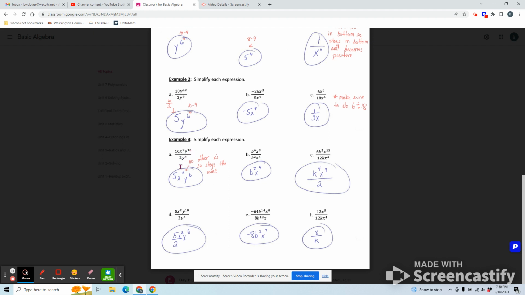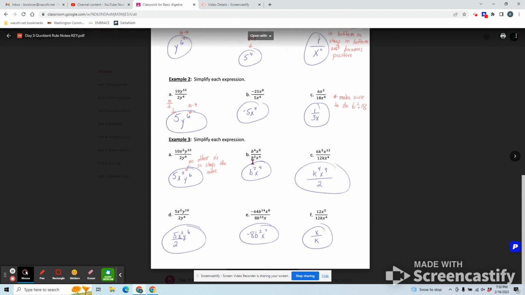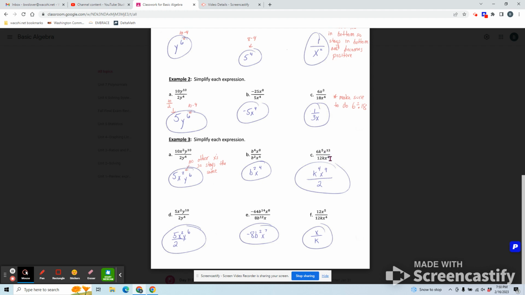Those are the same letters, the same base. I can subtract them. 10 minus 4 is 6. Same letters, k to the 5th and k, I subtract them to get k to the 4th. X and x, 13 minus 4 gives me 9. And then when you divide your coefficients, 6 divided by 12, now the other way around, we do what's printed. 6 divided by 12 gives you a half. So 1 over 2. The other ones are the same thing. They're just different numbers. So when you are dividing with like bases, you subtract your